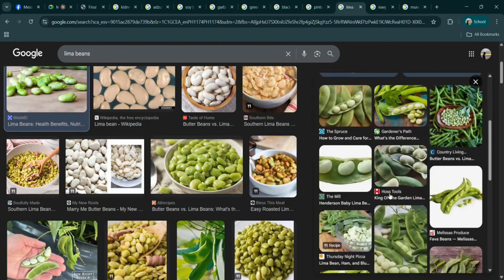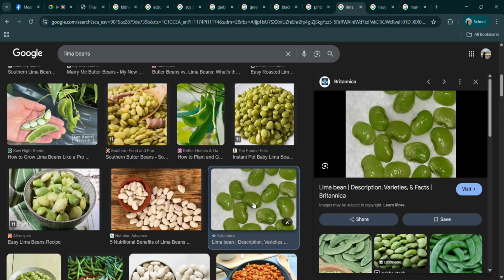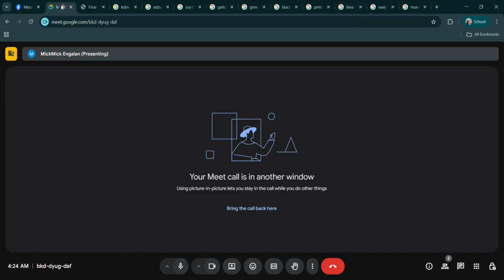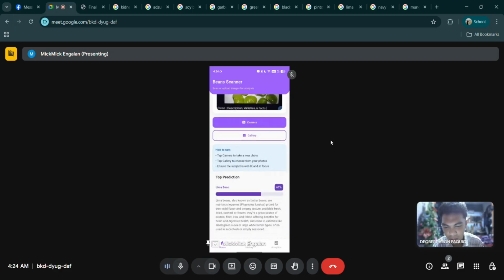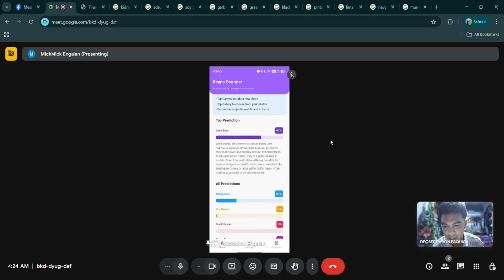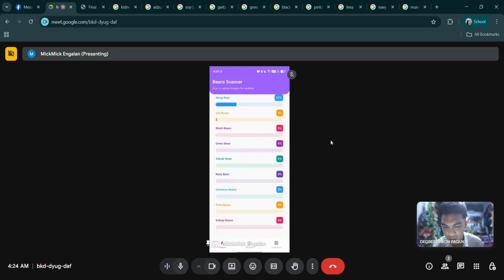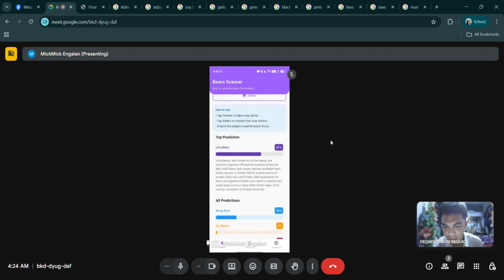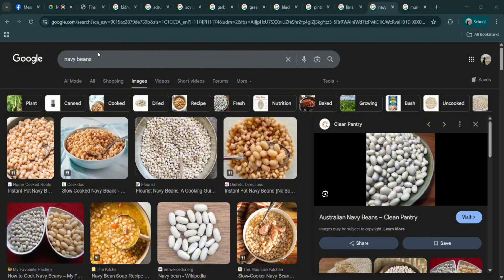So for lima bean, we can, I think this one. So lima bean, yeah, 67. It's not bad. It's still highest among all beans. We'll take that. Then navy